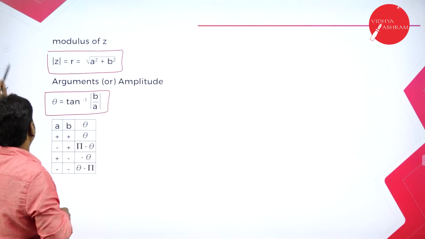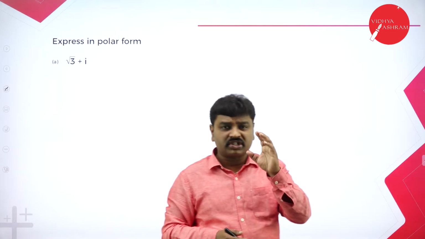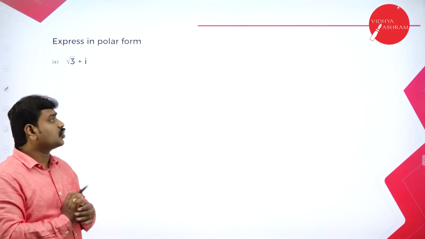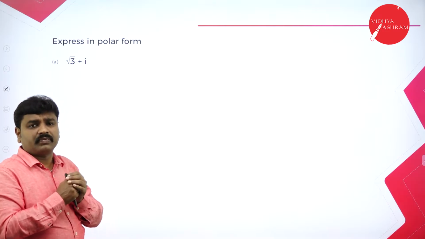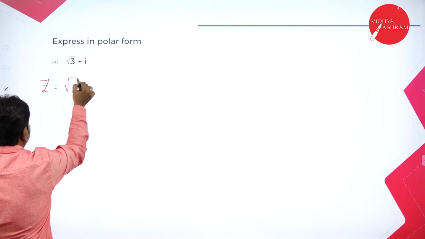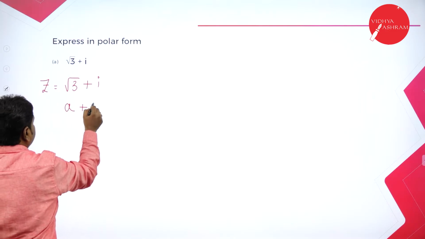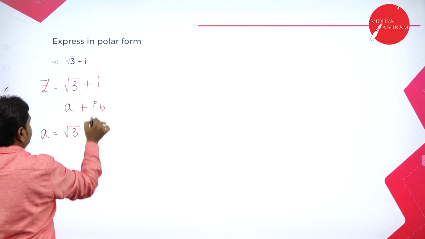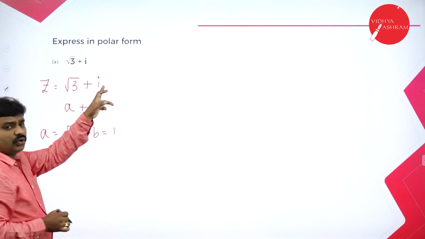So now we'll see questions on expressing in polar form. They want you to express this in polar form. Polar form means z is equal to r cos theta plus i sin theta. My dear student, this problem includes all the techniques: finding modulus, finding argument, finding polar form. Pay attention. First compare it. Take z is equal to the given problem, root 3 plus i. So it is in the form a plus ib. Now by comparison, what is a? In the place of a I have root 3. In the place of b, i into 1, so b is 1. You agree? i means i into 1, so b is 1.